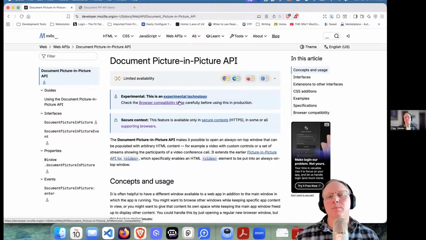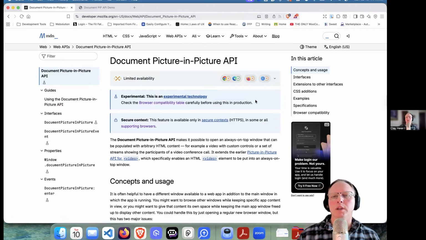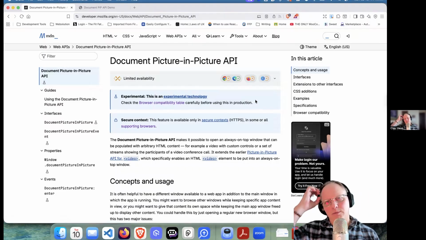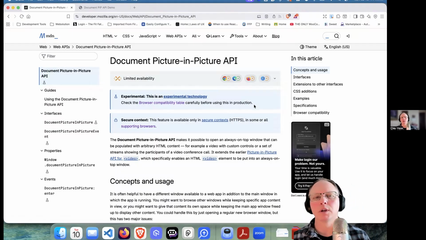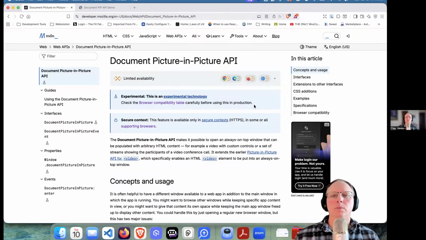I would not use it in a production environment, but this is one, unlike some of the others, where it seems like it's closer to that point of being available, because some are really limited. But you'll see I can do this in Brave here, which is a Chromium-based browser, and it works. So this is one to keep an eye on